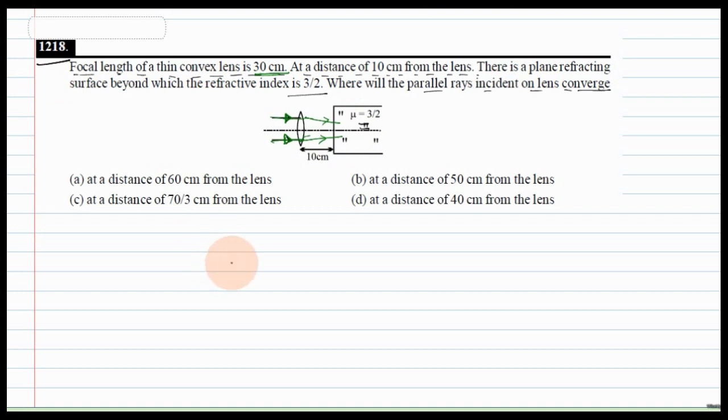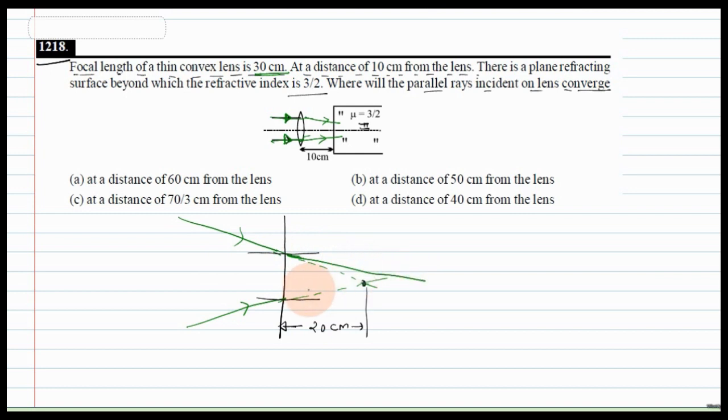So if I draw a diagram for the light rays which are going to strike the surface, these light rays are coming like this, and they are going to strike the surface. If extended by 20 cm, because after the lens the distance of the point of convergence is 30 cm, so for this surface the point of convergence should be at 20 cm distance. But because of the refractive index change, the light rays are going to a denser medium, so they will bend toward the normal.